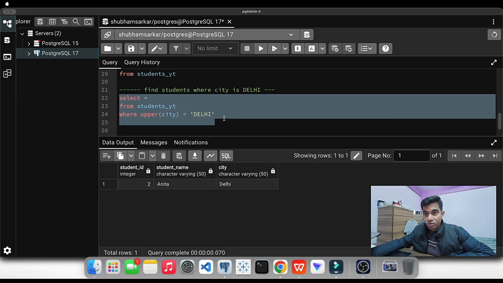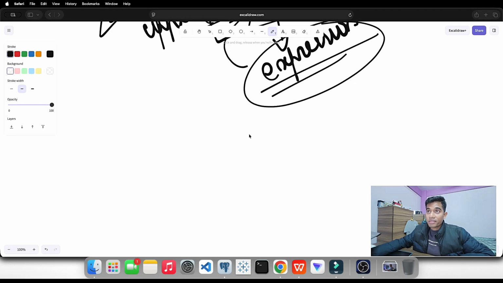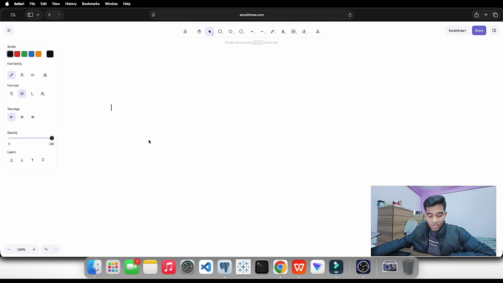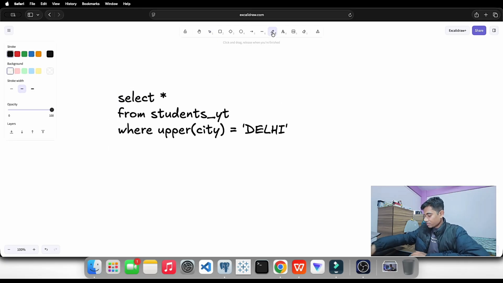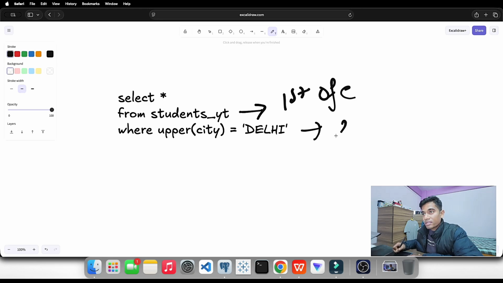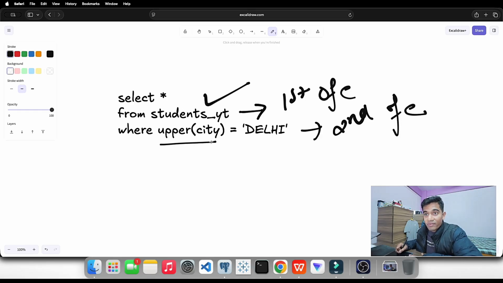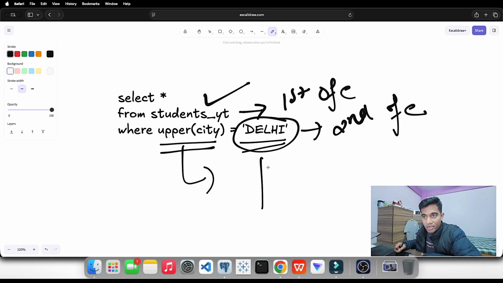Wait, let me show you this in the order of execution format. What SQL does is, first, this is the first order of execution. This is the second order of execution. First SQL will go to this table, then SQL will do uppercase of city, then it will convert all the uppercase of city. What will happen? It will convert all the words in uppercase